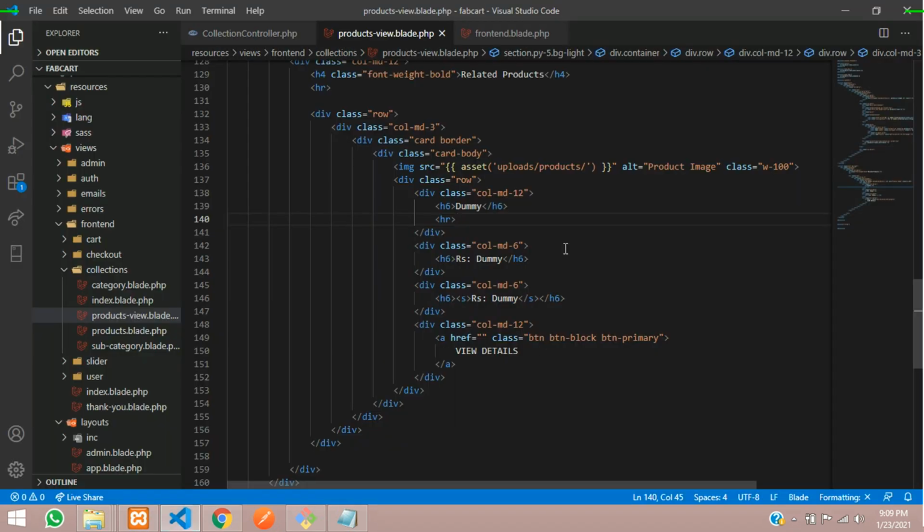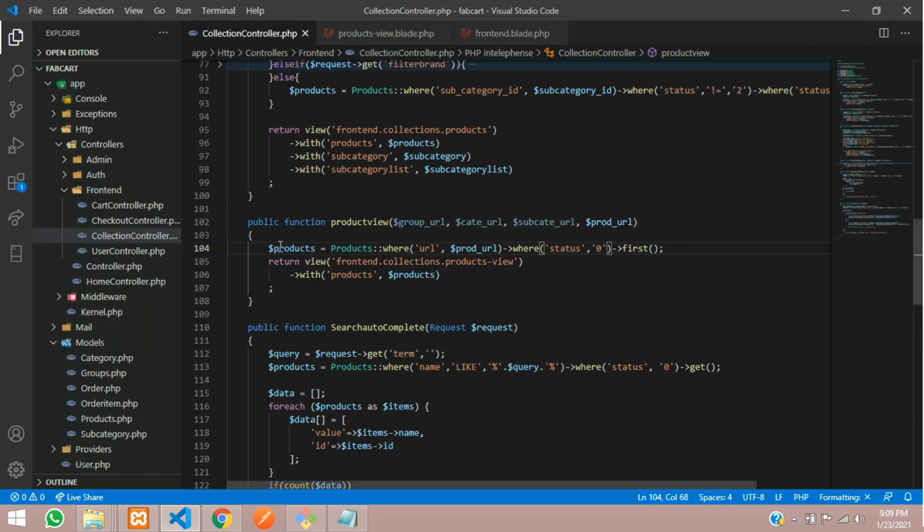There are 2 methods to build this. One is to go directly to your controller and send the data from there to your product page.